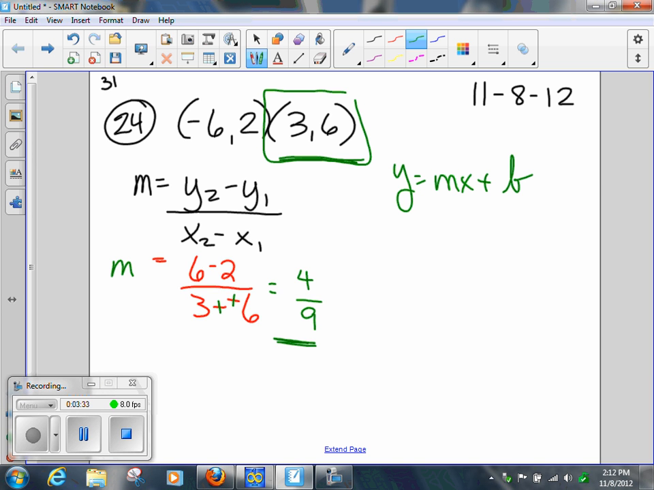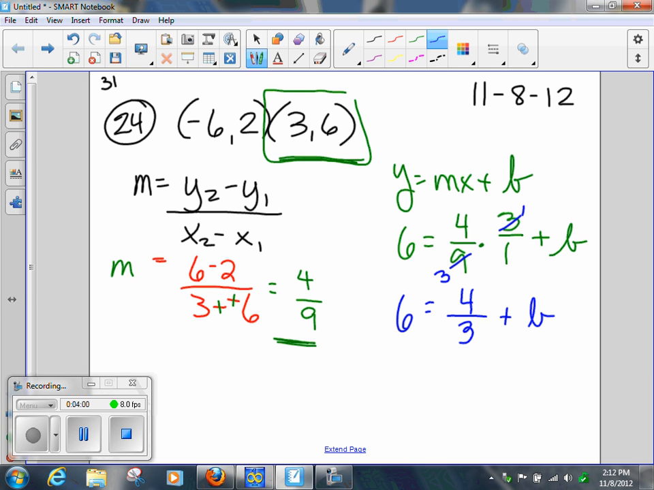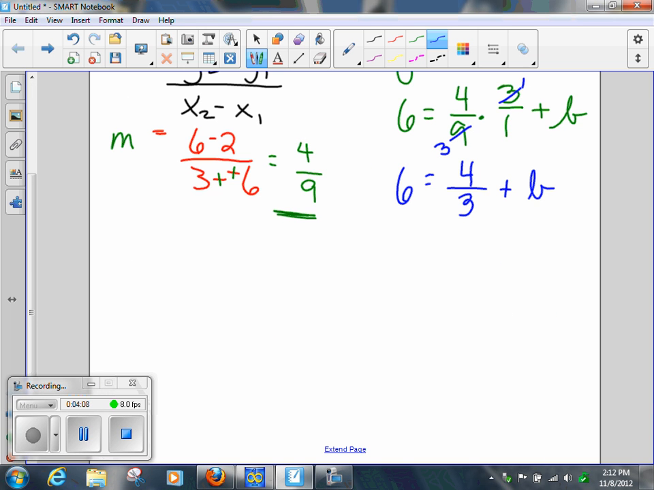Y. What's Y, folks? Y is 6. What's M? 4/9. What's X? 3. Or 3/1. And that's going to allow us to find B, right on? Okay. So we're going to cross cancel because 3 goes into 3 once, 3 goes into 9 3 times. And we get 6 is equal to 4/3 plus B. 4 times 1 is 4. 3 times 1 is 3. Right on? Okay. If you remember from fractions,